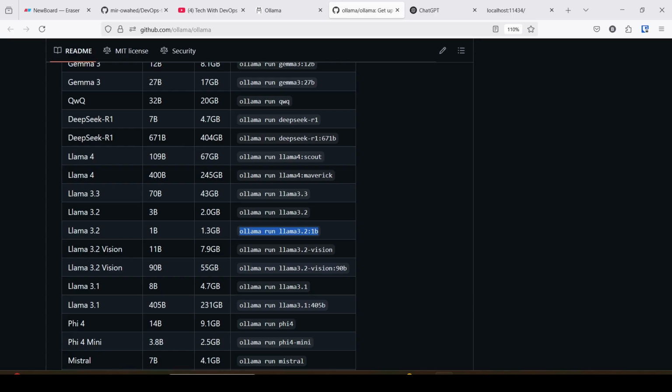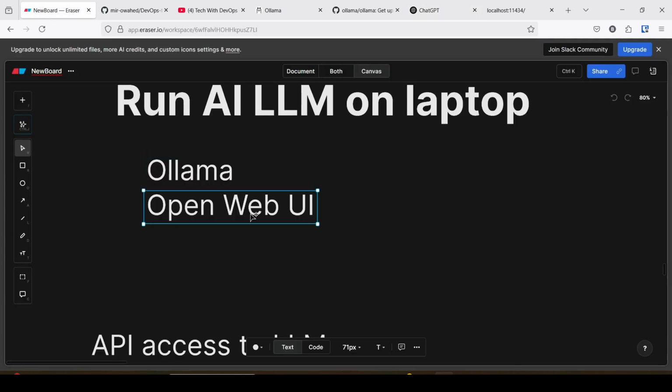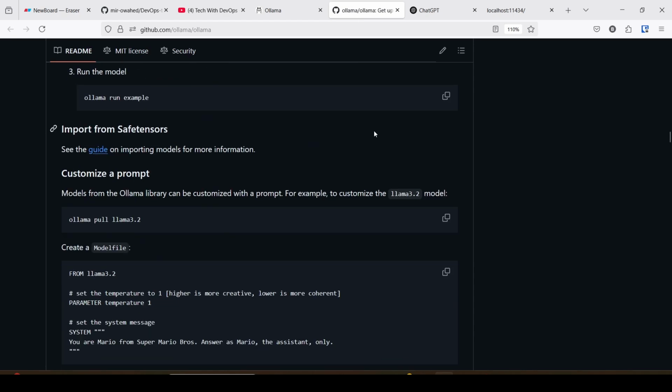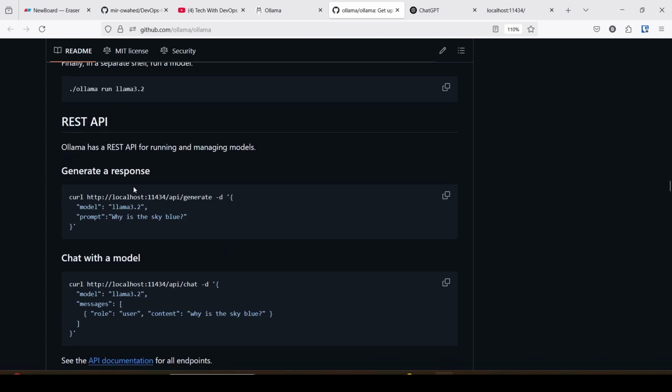If you want to use a ChatGPT-like interface, you can use Open WebUI. Install Open WebUI. But before that, I am going to show you how to make an API call to your LLMs. Go to the Ollama GitHub pages, and here you can see the API calling information. This is the REST API. You can call the LLMs by using the API. Just use this command call,